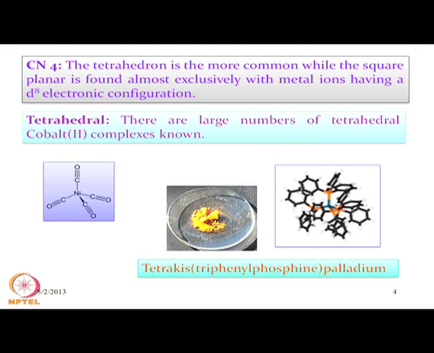These are the 4 phosphorus atoms surrounding this palladium center. So, we can have the one triphenyl unit, the second triphenyl unit and the third triphenyl unit, and on the back side you have the fourth triphenyl unit. So, we will have 4 into 3, that means 12 benzene rings surrounding this particular palladium center. That means, it is a sterically highly crowded arrangement, but still we can get the corresponding stability of this particular palladium